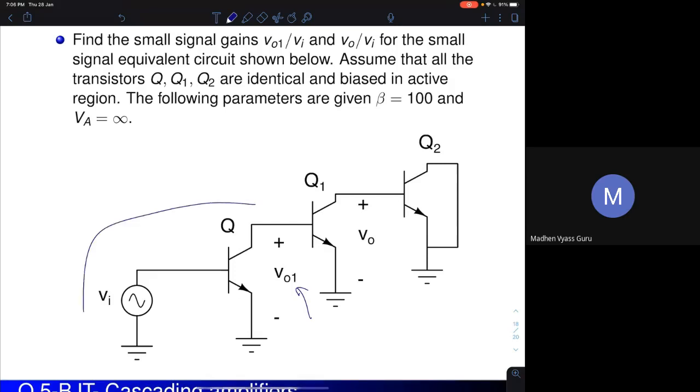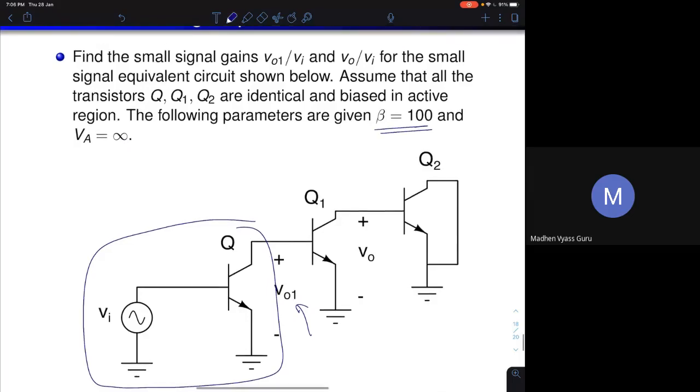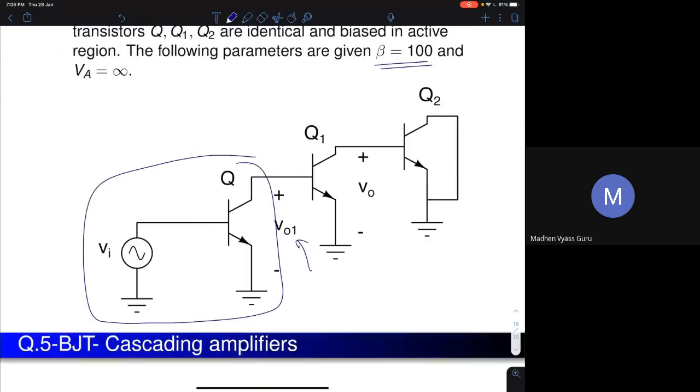Let's look at the first stage. There is R pi, beta is given to be finite, but VA is infinity, which means R naught is infinity for all transistors. So I don't have to worry about R naught, only about R pi. Nothing else is given in the question. Now in the first stage, Vi equals V pi. I'll try to analyze the circuit intuitively